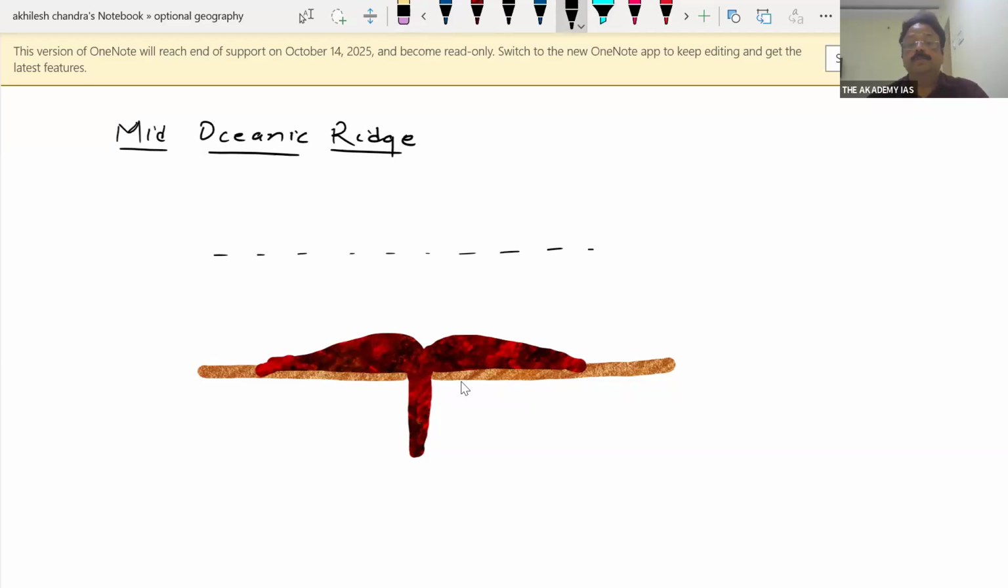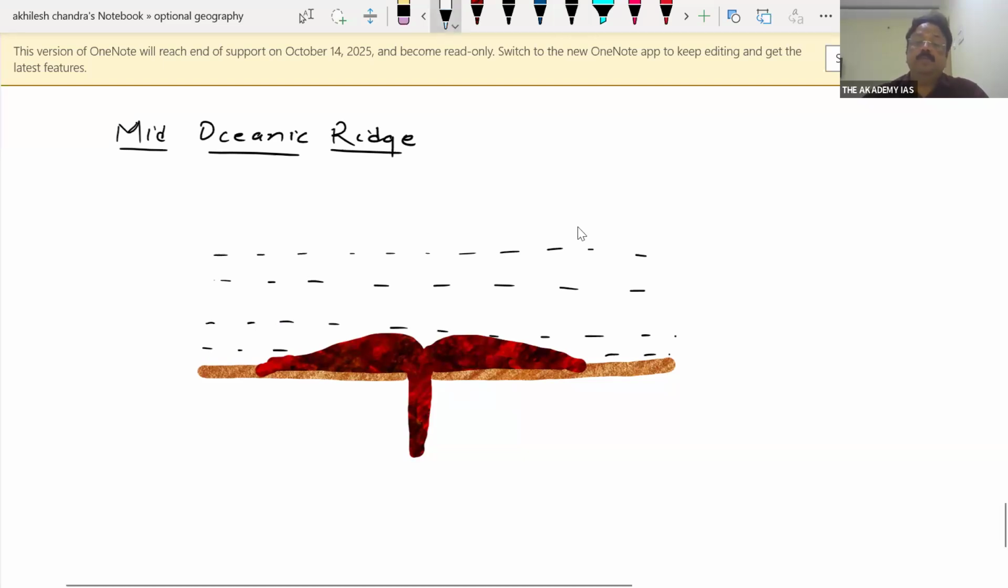Mid-oceanic ridge. There is a continuous effusion of magma taking place, and it spreads in the form of new sea floor like this. A new sea floor is continuously created over there, and this we call mid-oceanic ridge. And as you move from the center of this mid-oceanic ridge,